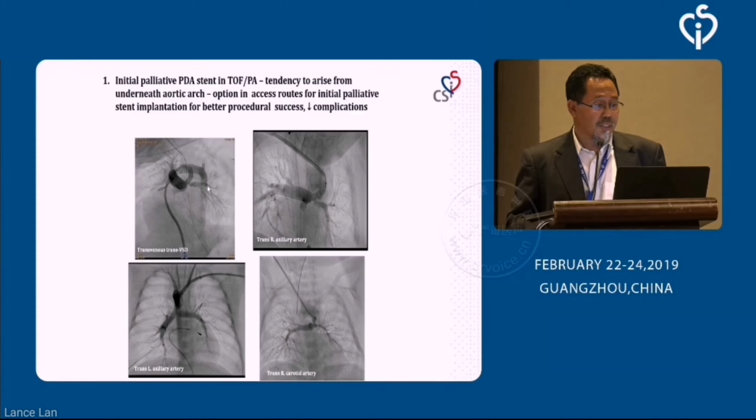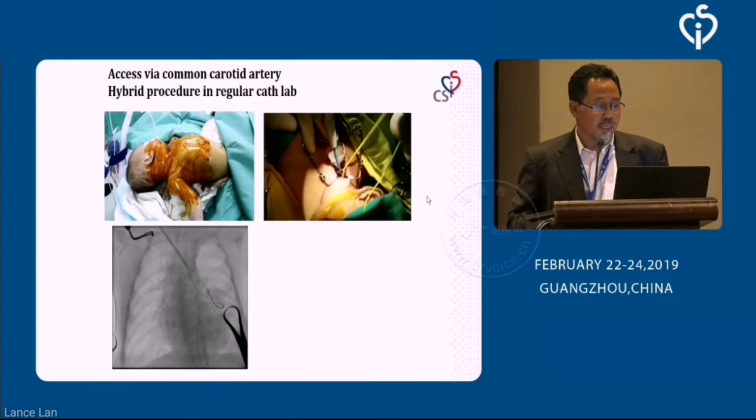For the left arch, approaching from the right, sometimes it can go by the transvenous route, but this potentially causes some technical issues with regard to heart block, arrhythmias, and sometimes stent migration during stent implantation. It can go through the left axillary approach like this one, or even the carotid approach. I don't have much experience with the transcarotid approach. I prefer the axillary approach in most cases, but